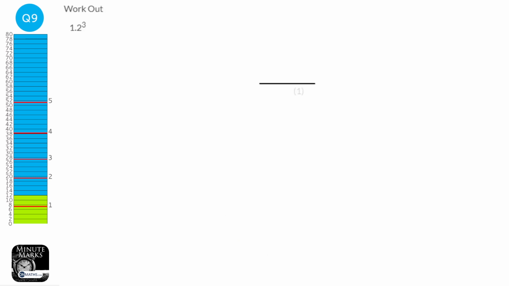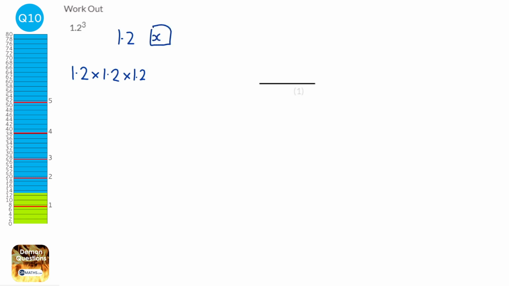So we can either use the calculator to work out what 1.2 cubed is, or we can do 1.2 times 1.2 times 1.2. Now if you want to use the calculator to go straight there, you're going to press or type in 1.2, and then normally there's a button that looks like this, x with a little 3, okay, and that will give you the answer. Or if you're not sure how to do that, you can times it by itself 3 times, and you get the answer